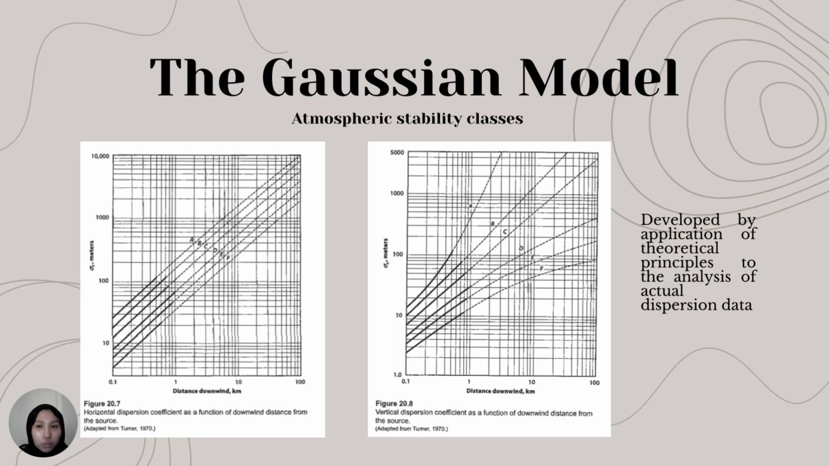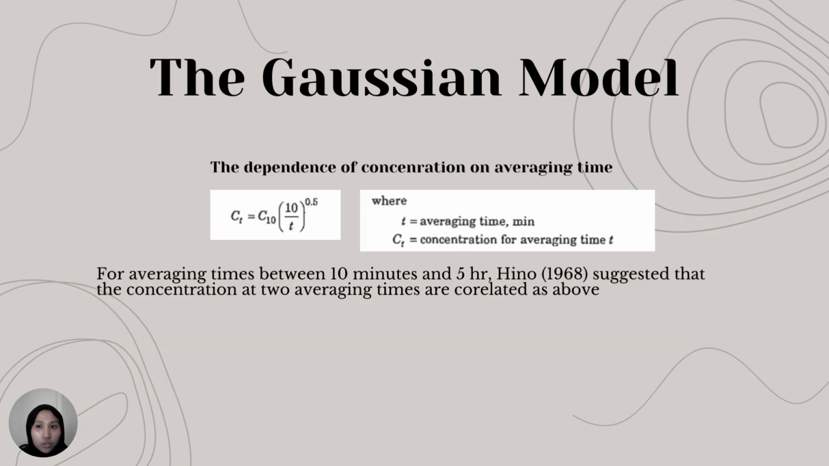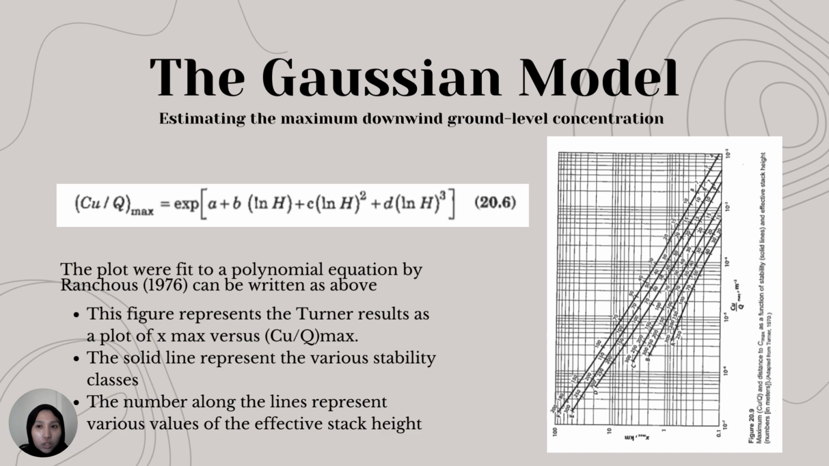For the atmospheric stability classes, it shows a plotted graph developed by application of theoretical principles to the analysis of actual dispersion data. And on the atmospheric stability classes, these tables will be used to calculate the wind speed at stack height. Next, for averaging times between 10 minutes and 5 hours, we are suggested to use the equation on the dependence of concentration on averaging time. Meanwhile, in estimating the maximum downwind ground level concentration, equation 20.6 will be used, where it fits a polynomial equation by Ranges